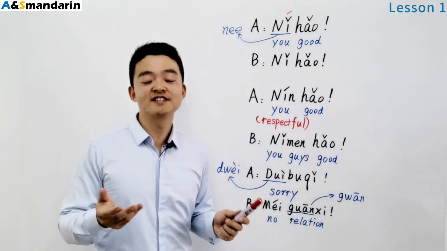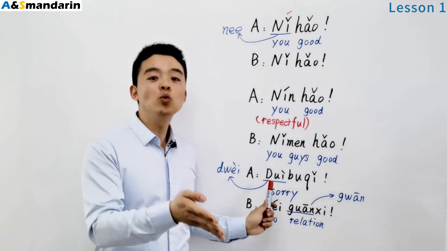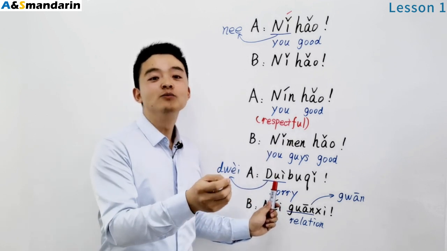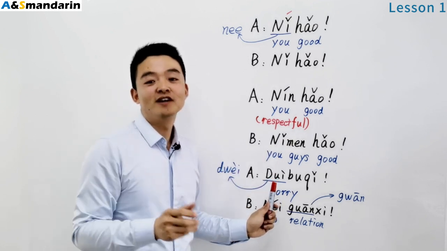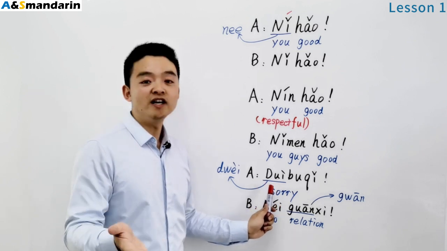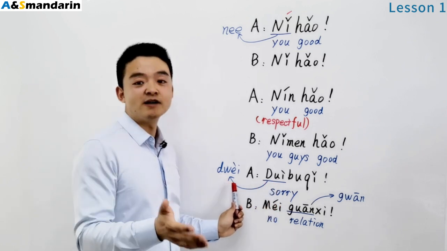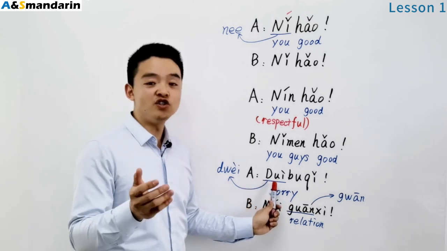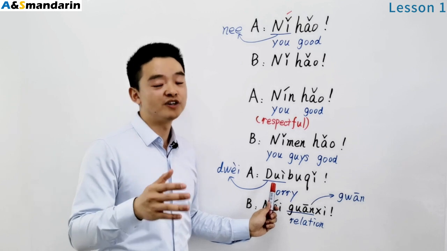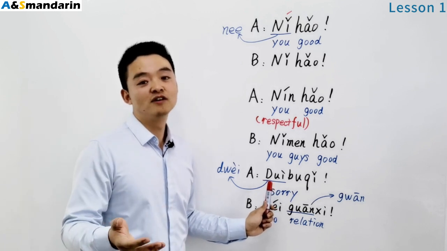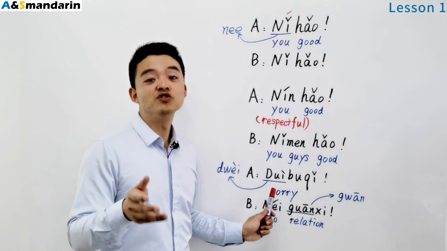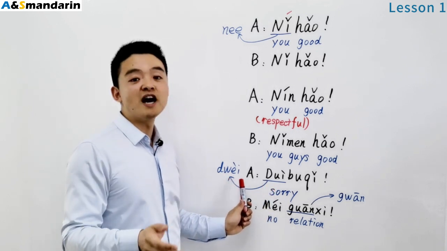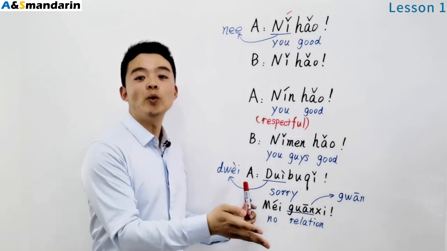Let's move on to text 3. A says 对不起 Here you can rewrite 对 into D-W-E-I. If you rewrite this U into W, you will find the pronunciation is easier for you. At the very beginning, I recommend you to do this. Rewrite the U into W. It becomes D-W-E-I fourth tone. That is 对